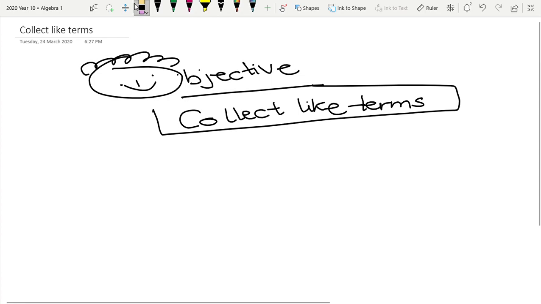Today we're going to talk about how to collect the like terms and we'll see how we do it. Firstly, we need to talk a little bit about the vocab. Like terms means